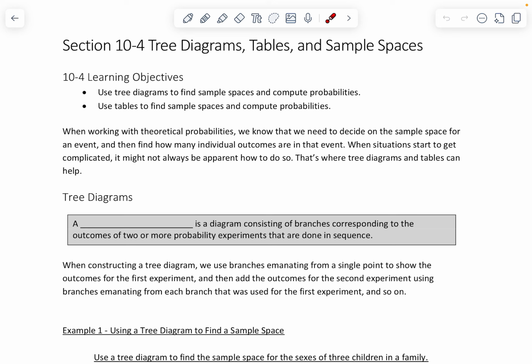But for more complicated situations, it can be a little trickier to figure out what the sample space is. And that's where tools like tree diagrams and tables come in handy. So a tree diagram,